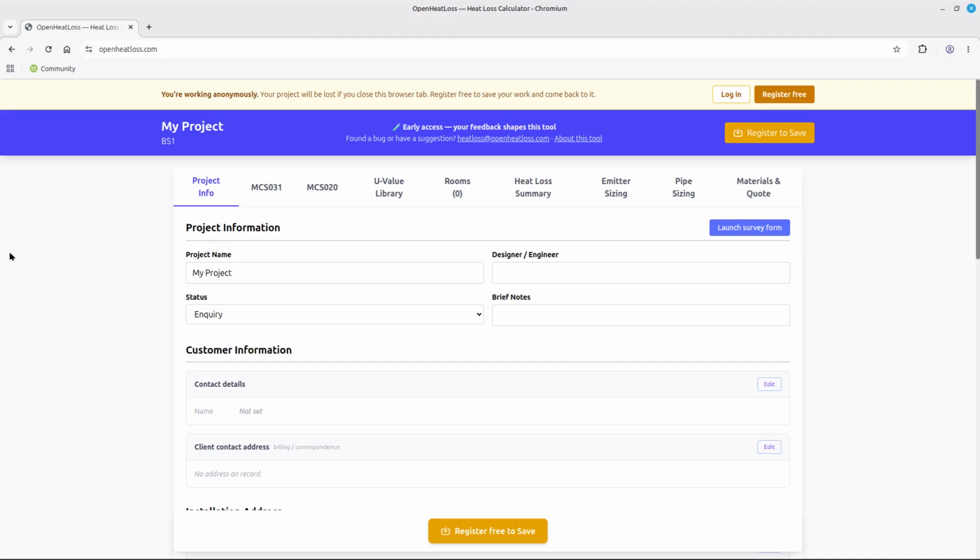I'm Simon. I'm the developer of this heat loss and system design tool, which is kind of building all the time because it's gone from just heat loss to system design to also project management. But at the moment, I'm just going to give you an introduction here of the free